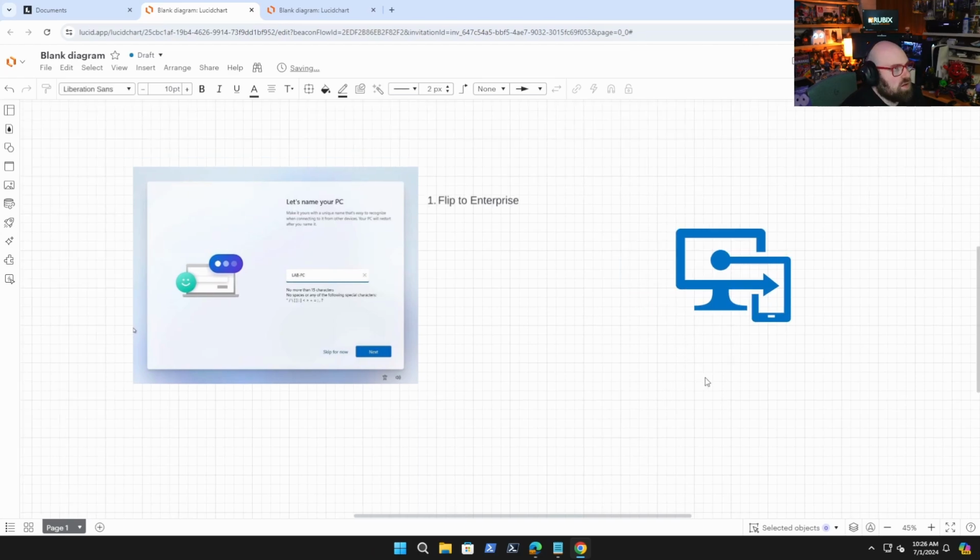Okay, step one is flip to Enterprise. We're going to do that with an MAK that we inject into the package to flip the device to Enterprise. The second thing we have to do is get the corporate identifier. That's the manufacturer, the model, and the serial number. And the last step is to upload that corporate identifier to Intune and shut down the